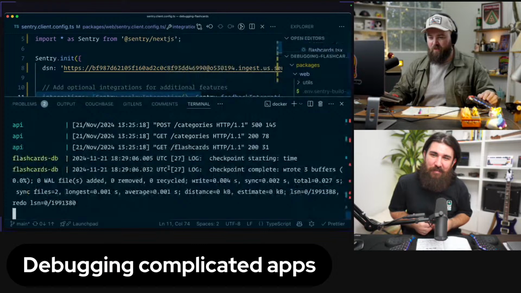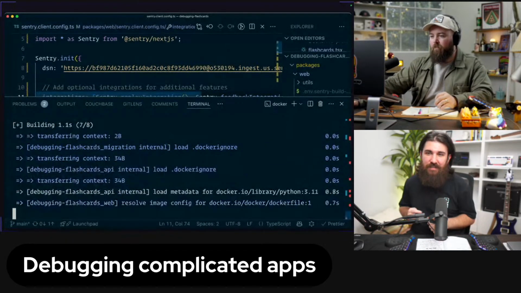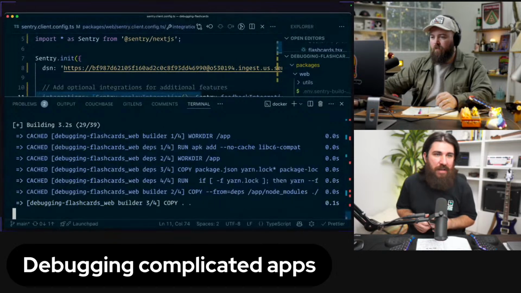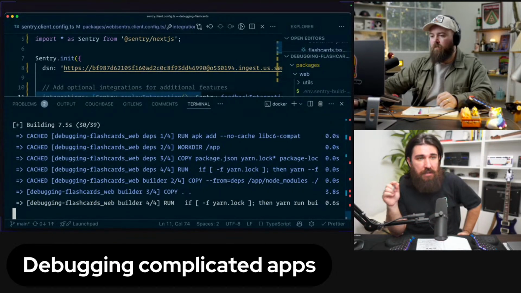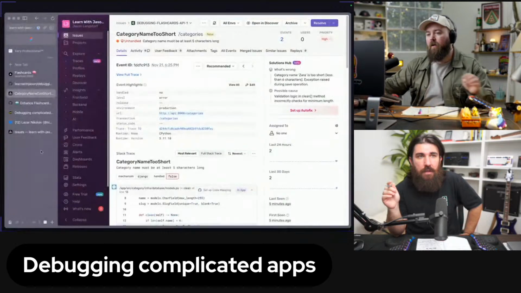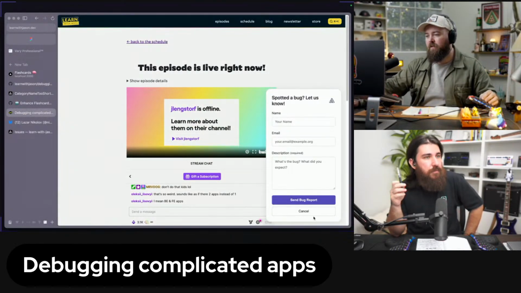We're gonna rebuild the project again, and we're going to see the feedback integration in action. What this is going to do, as I mentioned, is add a little button in the corner of your screen. Whenever something happens, users will click that button and report the issue. I can show this. Look, there we go. That's the thing, right?